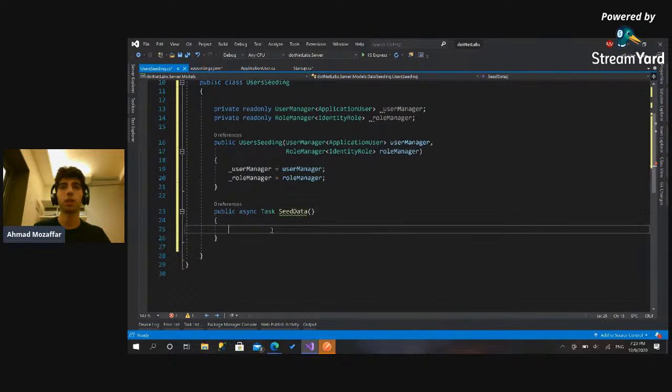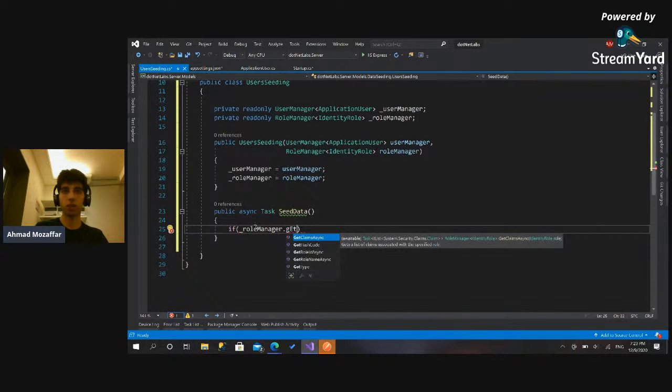Okay, great. So nice. Now, before we seed or we add any data, first we will check if there is any user or if there is any role. So just ignore this function. But if there is not and it's empty, so in this case, add two roles and then add user for those roles. So what I'm gonna do, I'll type var, or I can say if role manager dot get